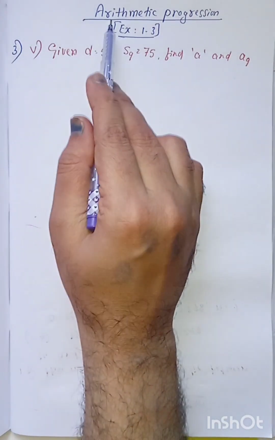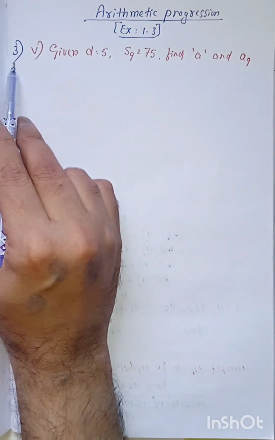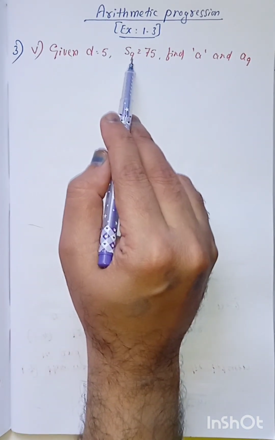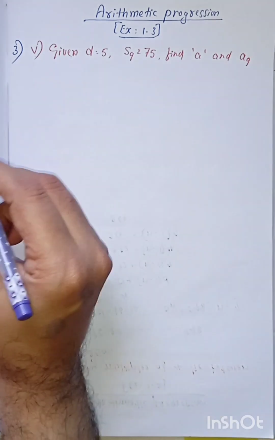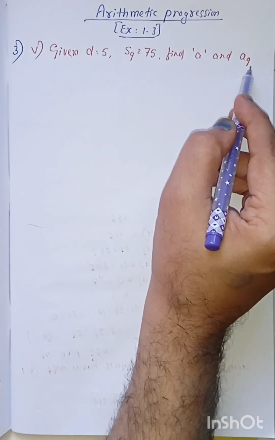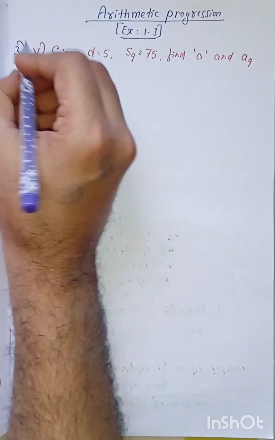Hello my dear students, let's learn arithmetic progression exercise 1.3, third main, fifth problem. Given d equals 5, S9 equals 75, find a and a9. Here we have to find out the value of a and a9 by using the given clues. Let's start from